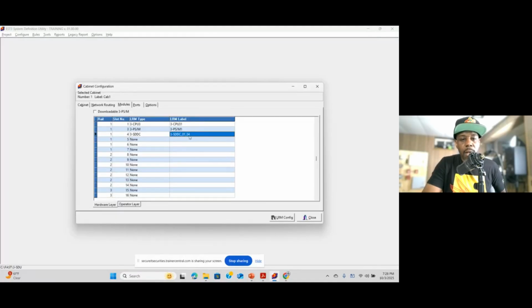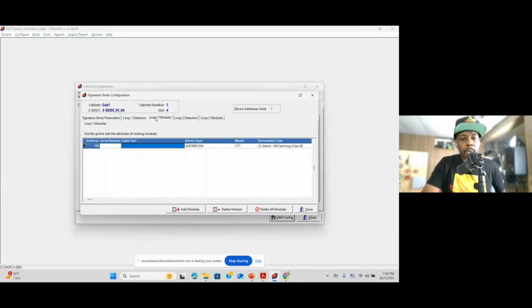So we go to the loop controller, config, loop 1 modules. When you upload, select everything that is already installed. I'm ahead, but everything is already installed, the electrician ran and wired everything on site, you power the panel up, and now the system is mapping. When you connect to the fire alarm control panel, the CPU, and upload everything, that is when you will do your matching on the map, and you'll have your serial number.